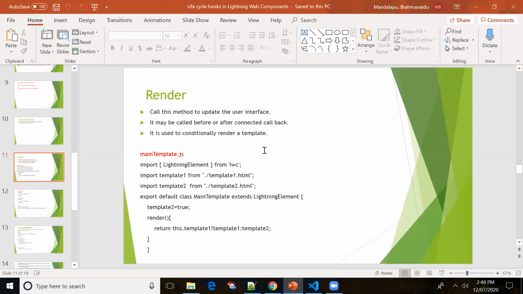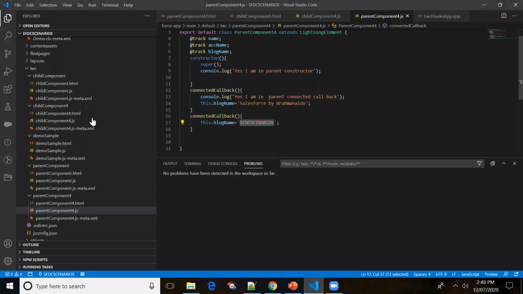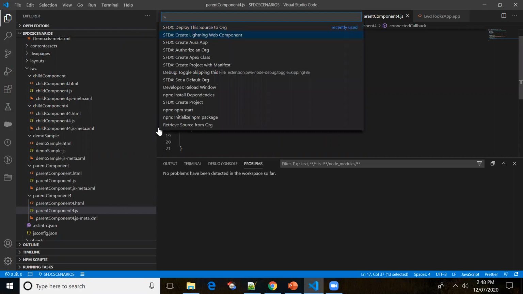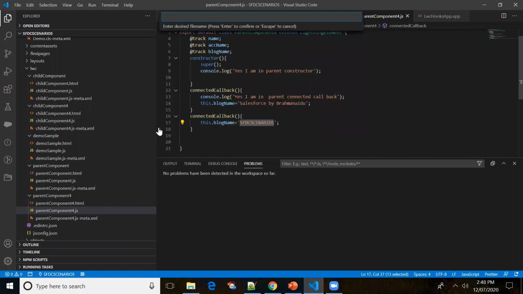So in this scenario, we will create one main component, and we will try to render the template based on the condition. Let me create the main template.